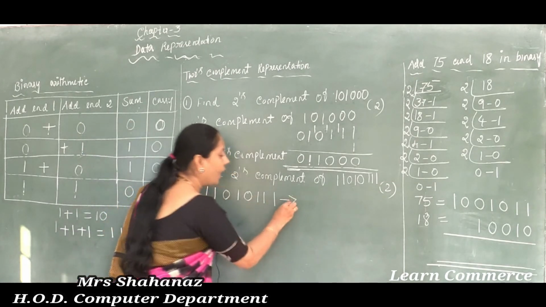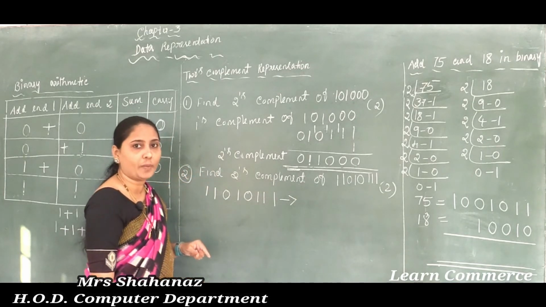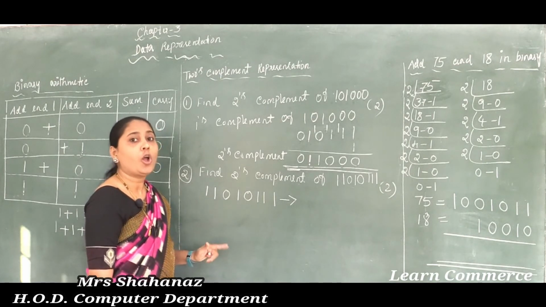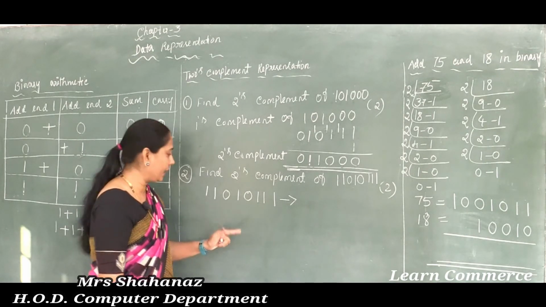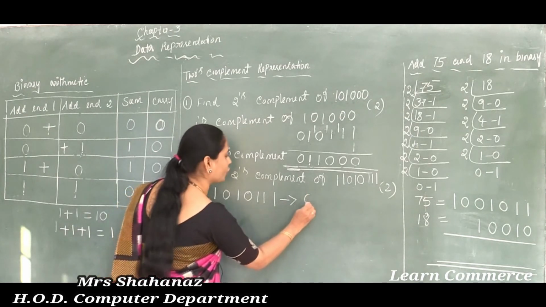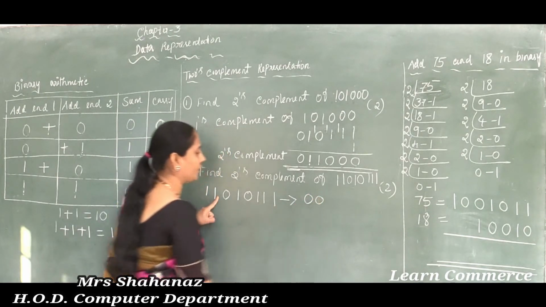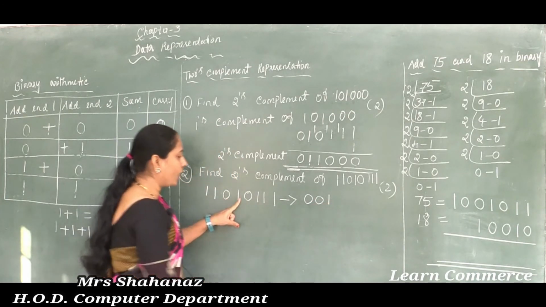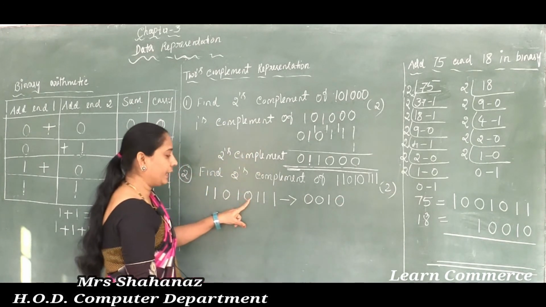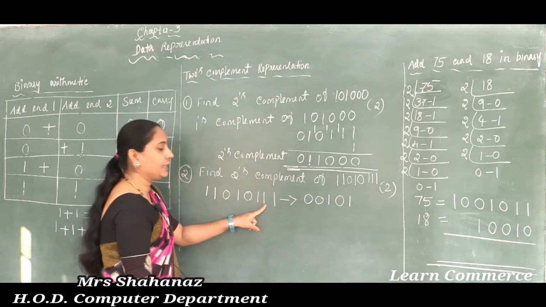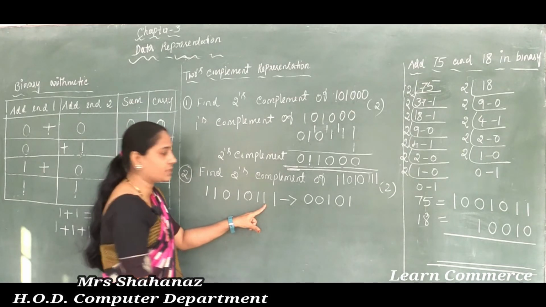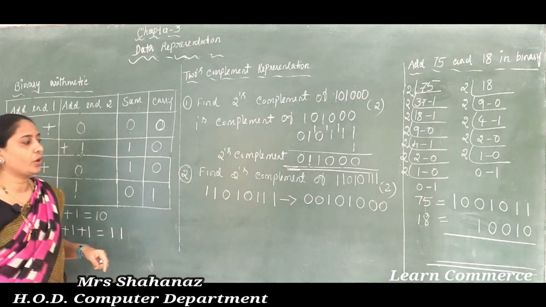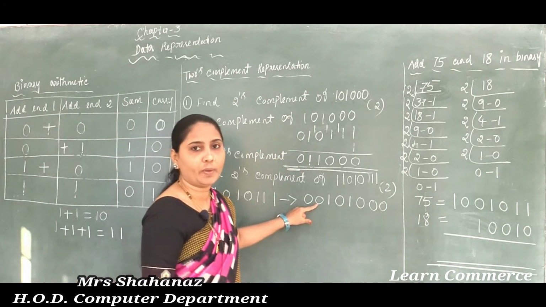So how do we change this number to the 1's complement? As we know, wherever the value 1 is there we need to change it to 0, or 0 to 1, correct? So 1 is there, I am going to change it to 0, again 1 needs to change to 0, now 0 is there, that value needs to change to 1. Here 1 changes to 0, again 0 becomes 1, and 3 1's are there. Clear this one? 3 1's are there, we need to change them to 0. Clear this point here? We need to change to 0. Now we have completed the 1's complement of this number.